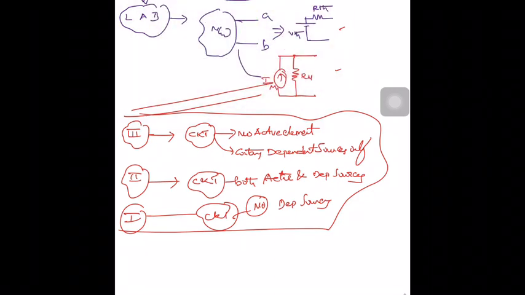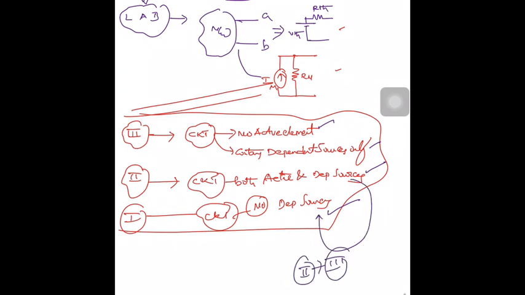For Thevenin's theorem, there are circuits having no dependent sources, circuits having only dependent sources, and circuits having both active and dependent sources, right? The second category will become the third category when you suppress sources, because when you suppress sources, the active source will become 0 and you have only dependent sources. And how to calculate resistance in this category 3?